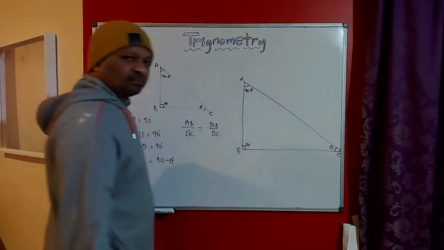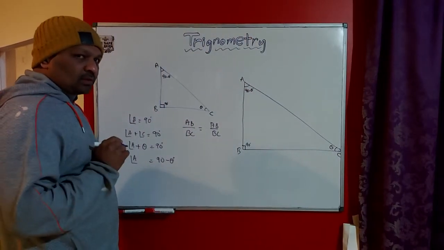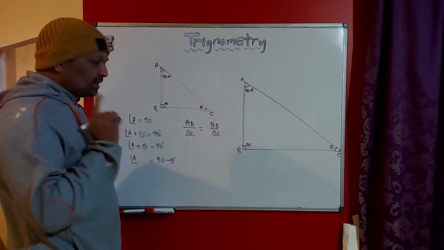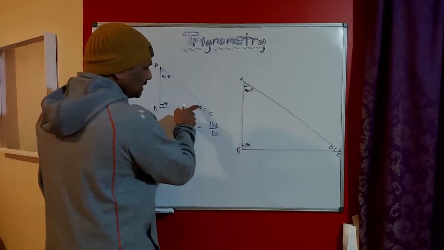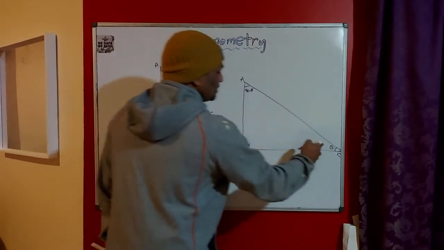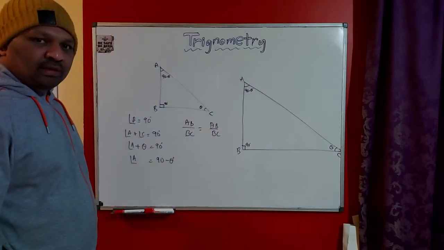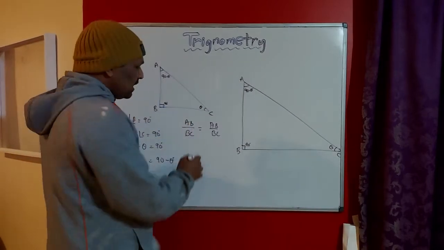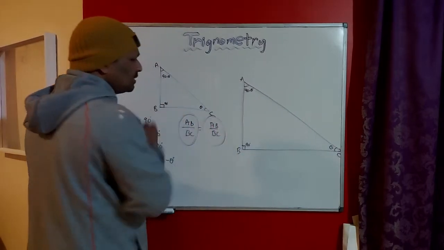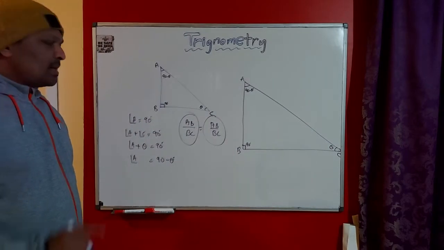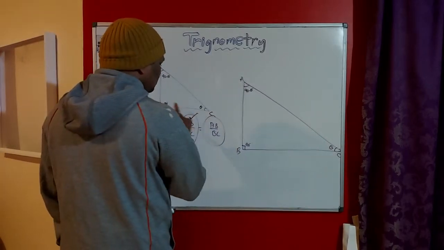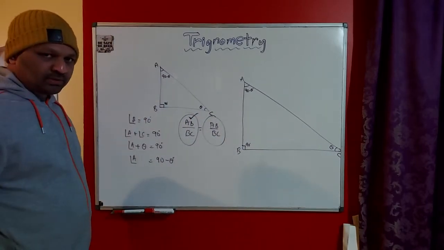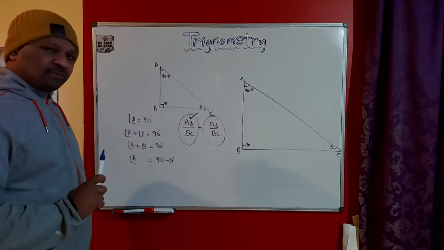Why? If you want, you can draw such two triangles on any rough paper, but keep the angle same. Say here is theta, here is theta. You keep 30 degrees here, you also keep 30 degrees here. Draw two triangles, one small in size, one big in size, and calculate this ratio. This ratio is going to be same. These ratios, the ratio of two sides in a right angle triangle, are called trigonometric ratios. They are very important.